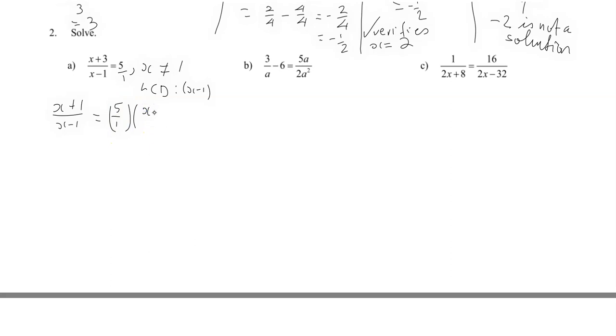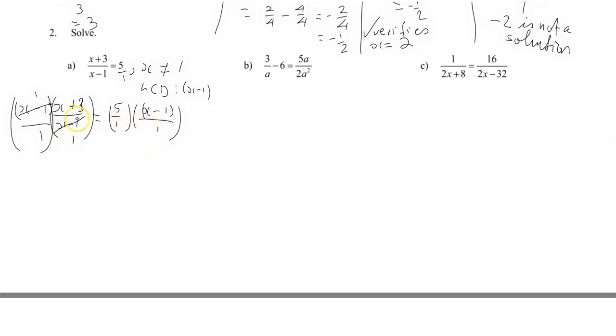And all we're going to do is multiply through by the lowest common denominator. That's an x plus 3. Okay, so this step's a little different. We're not going for equivalent fractions. What we're trying to do actually is just get rid of the denominators. So this x minus 1 cancels here. And when we've canceled everything that we can, all we're going to have in the denominators is 1, 1, 1,